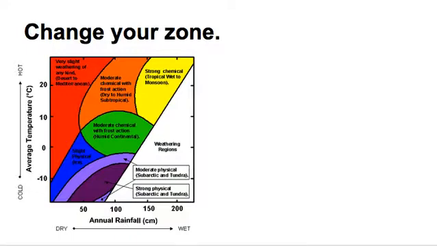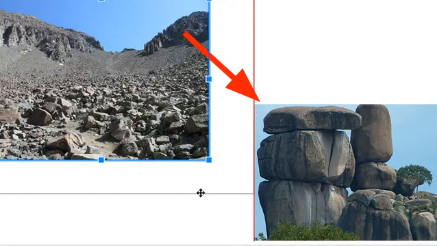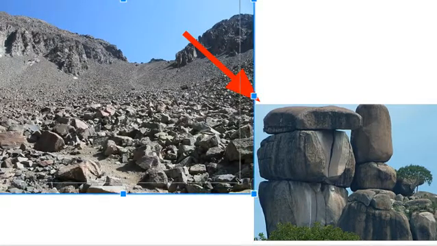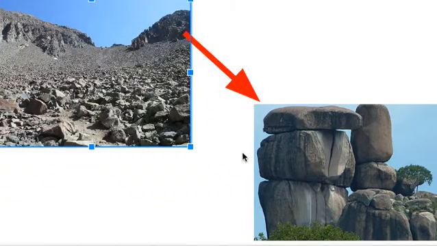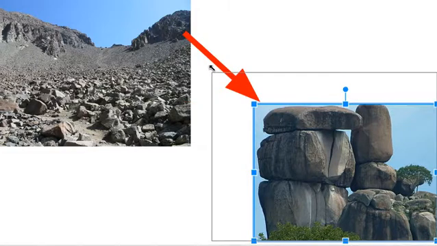So in our example, we're going to change the zone from purple to yellow. Here's what would probably happen. Here you can see this picture is the purple zone. We've changed the climate, made it hotter and made it wetter, and now we've changed the climate to the yellow